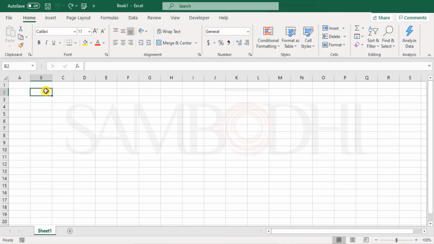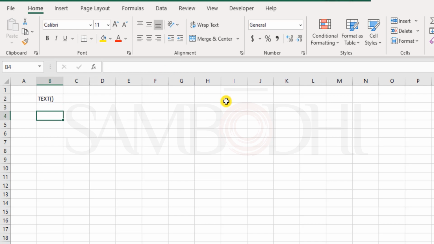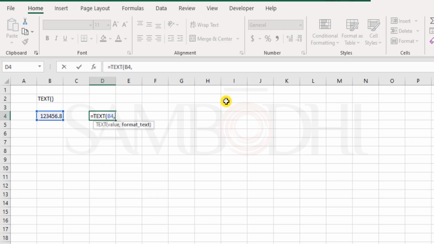Now let us explore another interesting function from Excel, and that's TEXT. Given a value, this function can help you format it the way you need. Let me give you an example. I have some numbers, let's say 1, 2, 3, 4, 5, 6, .789. Now here we have 3 places after the decimal, so I need it in a different format, maybe with a currency symbol. So I say TEXT and select this number, comma, and then in double quotes I give the